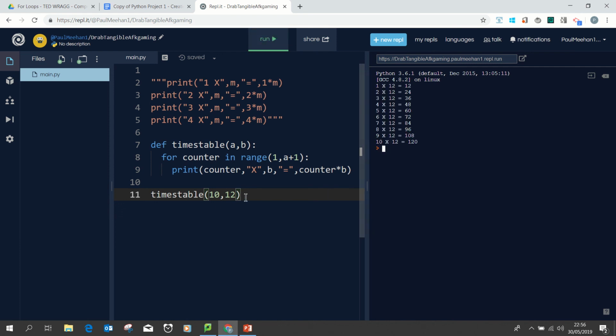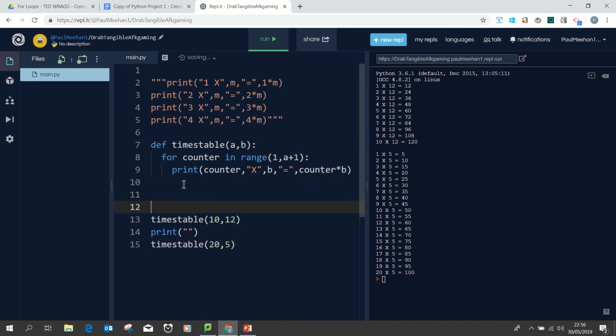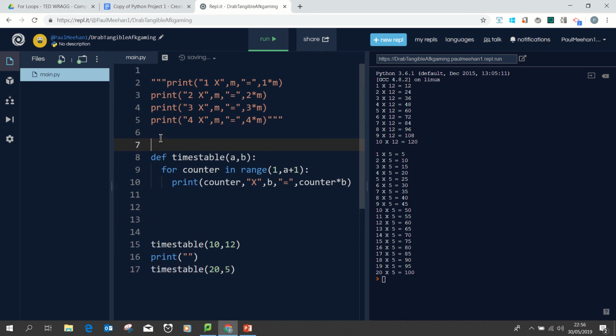Okay. I can have a little break. And let's do it again. I'm going to show the first 20 multiples of the 5 times table. There you go, etc, etc. So I made a nice function here, and I'm calling the function,